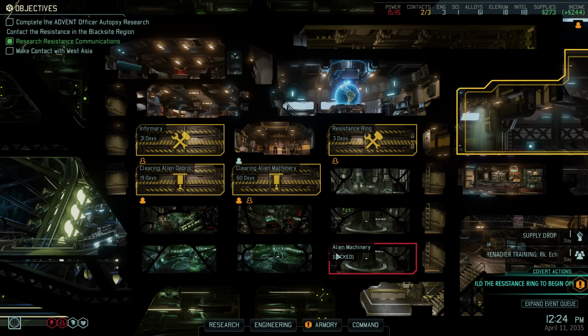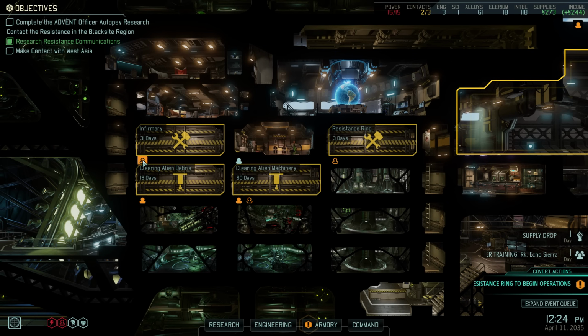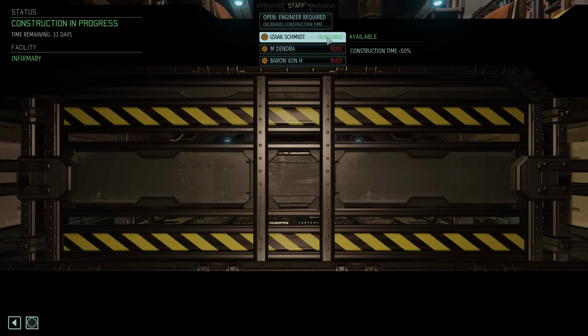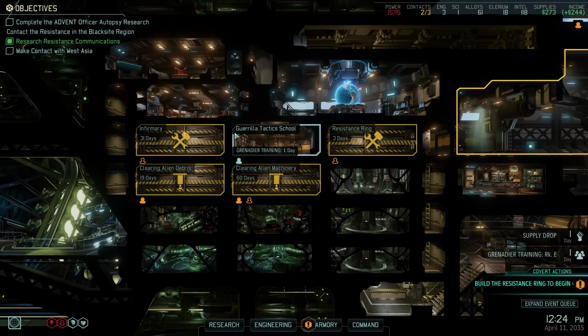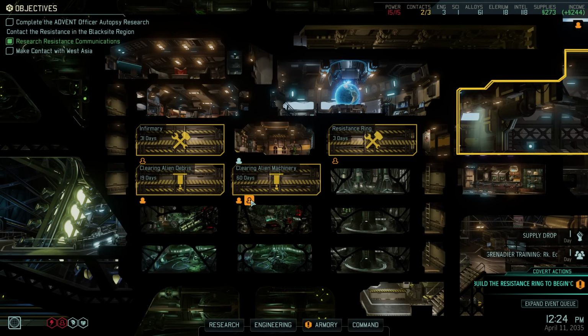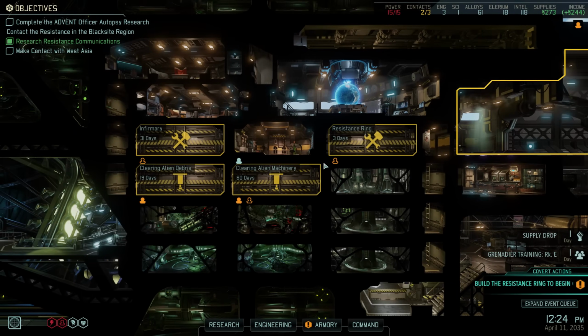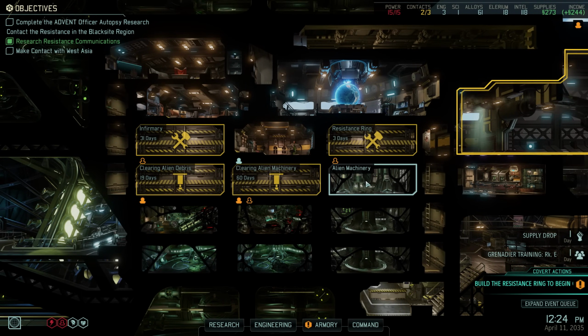We could staff him in the infirmary to cut the 31-day building time in half, which strikes me as sensible considering our injured list, but we could also put him together with Baron von H to speed up the excavation of the alien machinery from 60 days to 30 days, meaning we could construct our next facility after the power relay a bit faster. Or we could use him to start yet another excavating project and perhaps speed all of that up by scanning at the skirmisher base as well. This is something that I would once again like to hear your thoughts on,